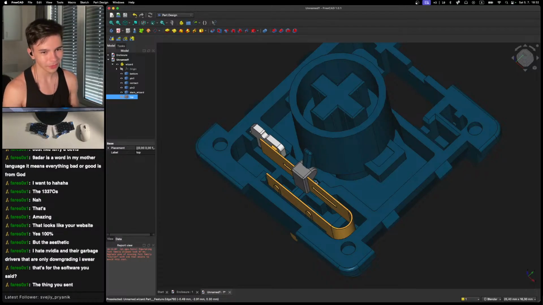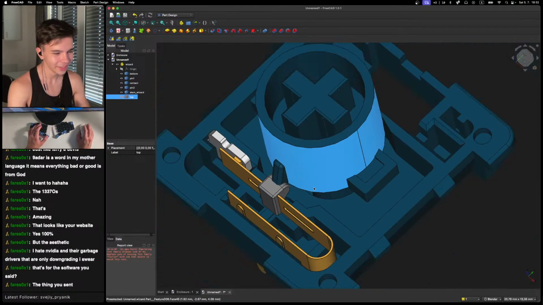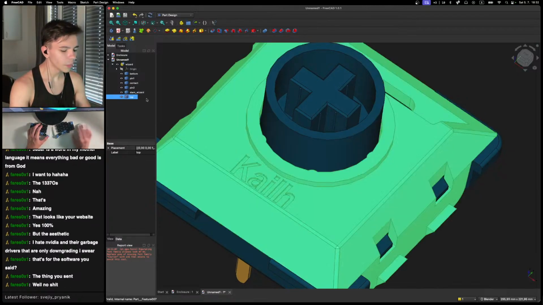This thing you sent. This is for the software you said. It's for the keyboards. Huh? For the software you said. I don't quite understand it. Still. By the way, there is like